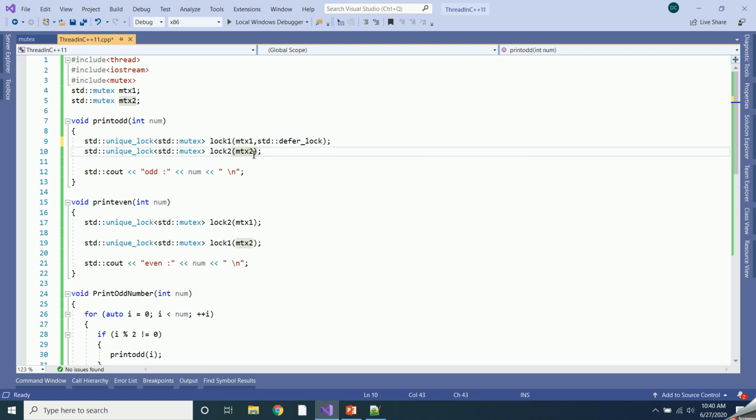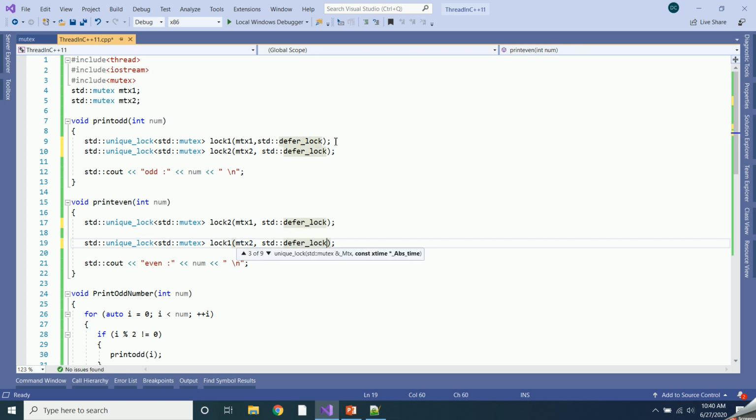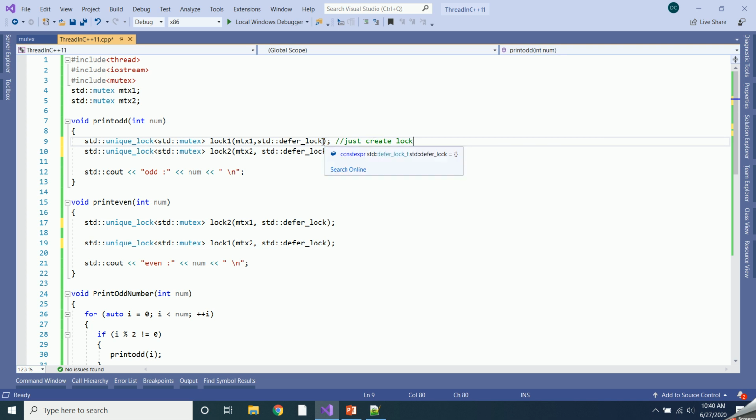Everywhere you have to pass this argument. What deferred means is it will just create the lock, it will not acquire it. When you say defer, it says just create the lock.